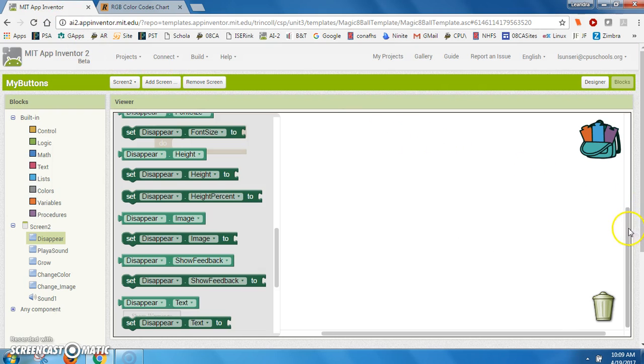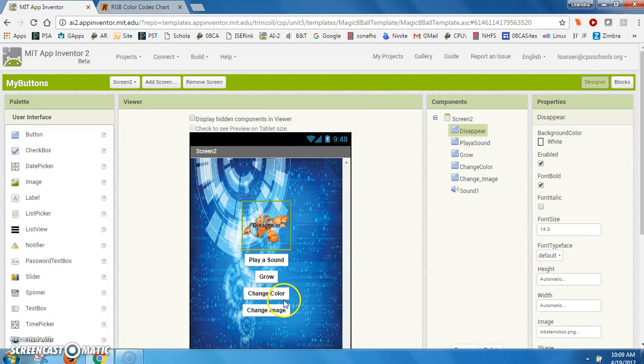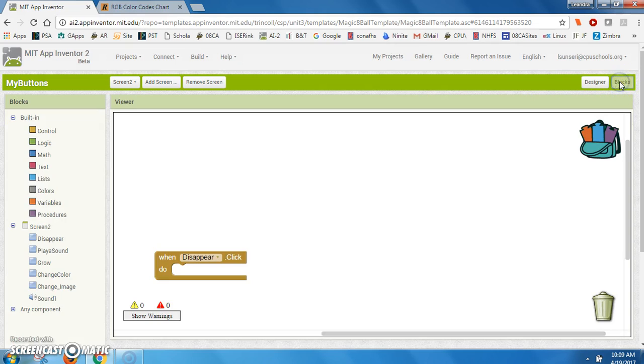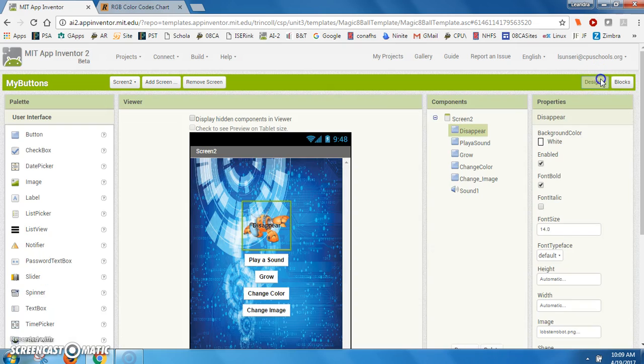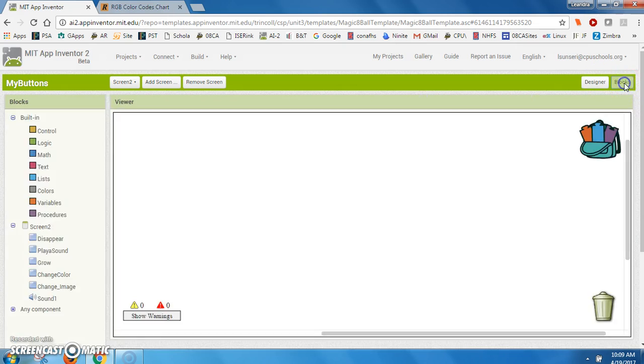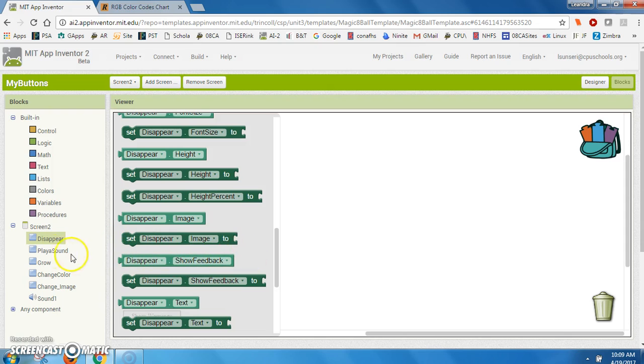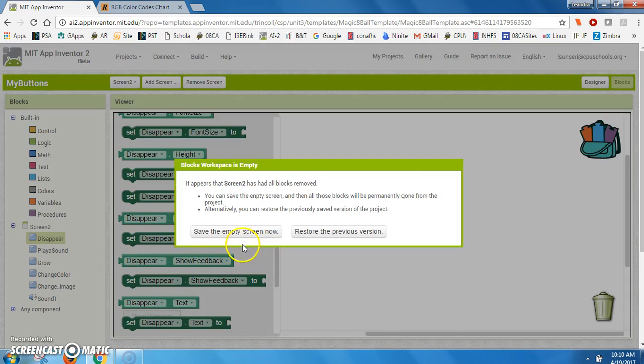To program the buttons, you're going to need to go to your screen 2 because that's where the buttons are. And remember, all the programming is in blocks. We're going to start with making the image on your disappear button, this lobster robot, disappear. Click on your button and notice you've named everything. That's going to make it easy to